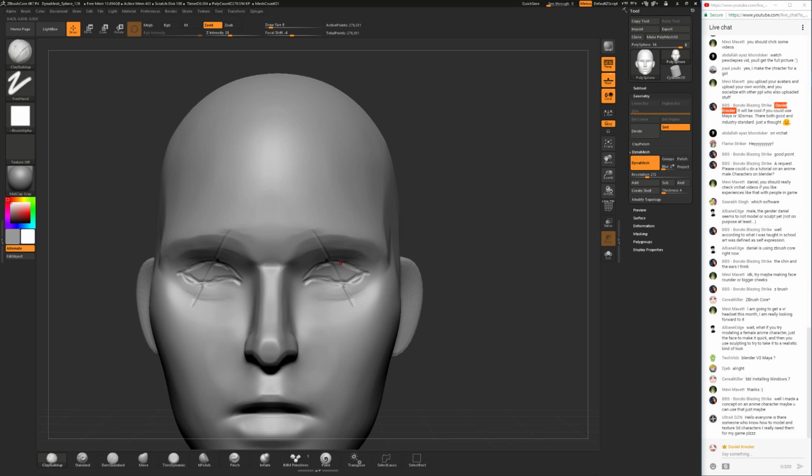So if the character was now looking to the right side like this, this curve would move so that this point moves strongly towards this direction, as well as here a little bit, and the lines would change.